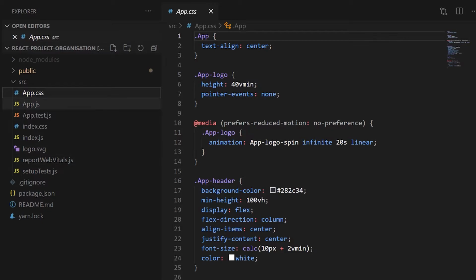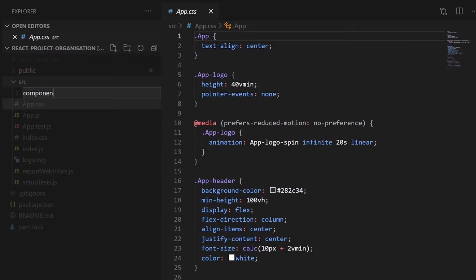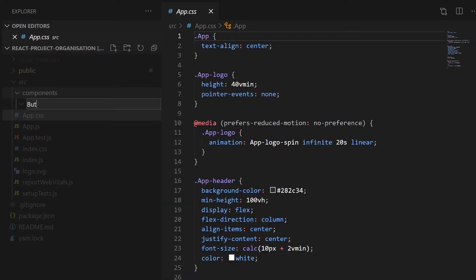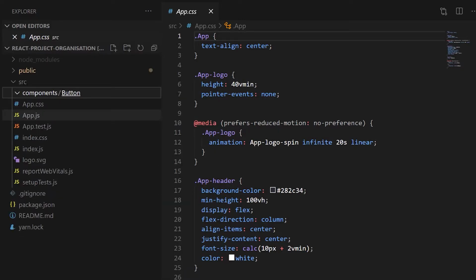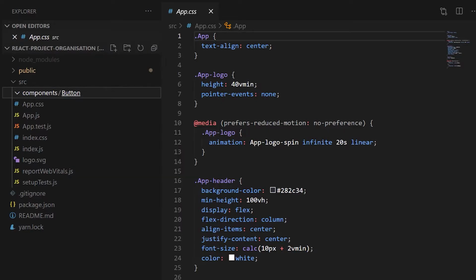So we're actually just going to leave all of this where it is, even though it pains me to see it so disorganized. We're going to go here and we're going to create our first folder, and it's a very important folder. It will be our components folder. Now this is where our components are going to live, our UI components, and each one is going to have a capitalized folder. So for example, if we create a button component, within that we'll need to add some files,